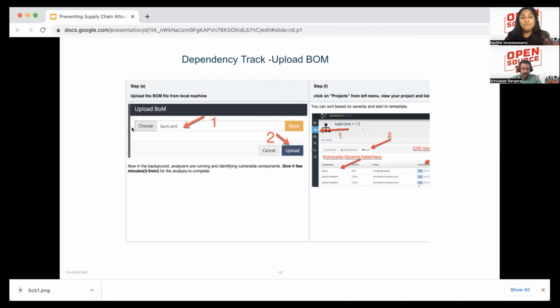Manually, you create a BOM file and you upload it. And there are analyzers running in the background, which will take a couple of minutes, connect to all the intelligence that we have talked about, and bring you a list of scan results that identifies the vulnerable components used in your project.